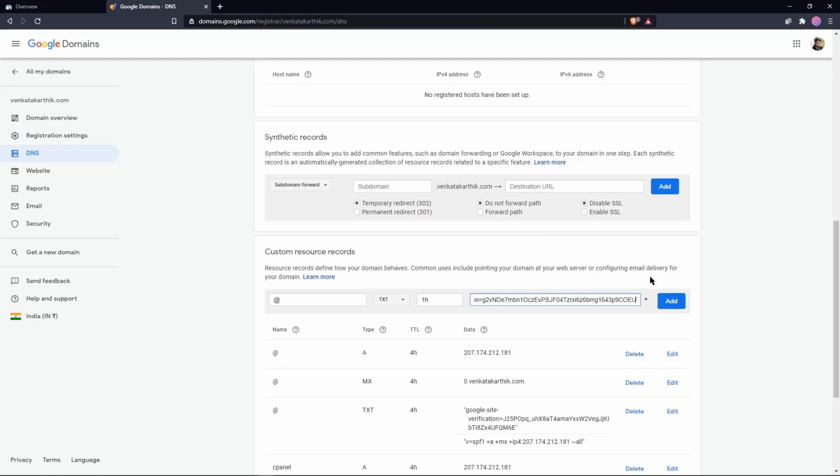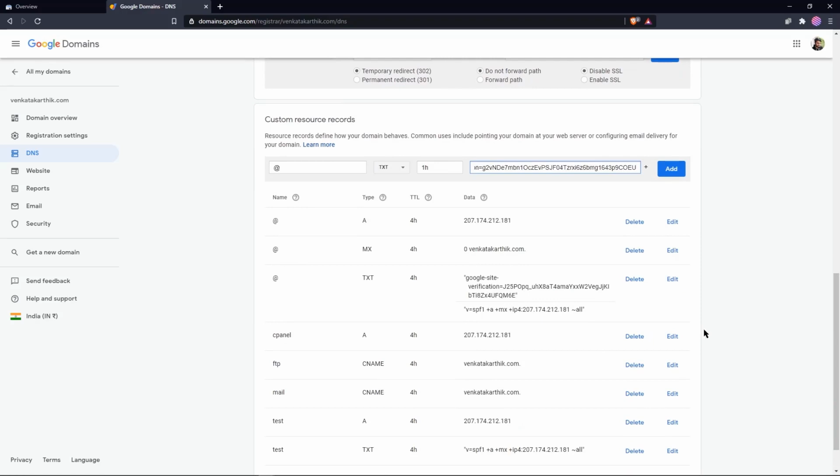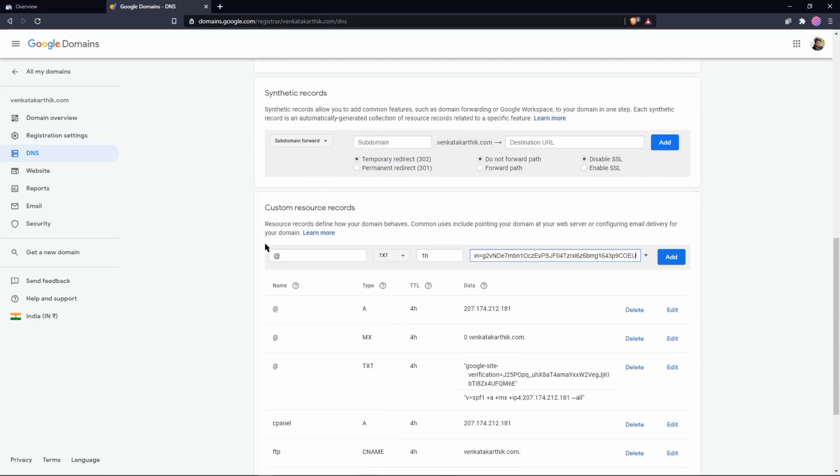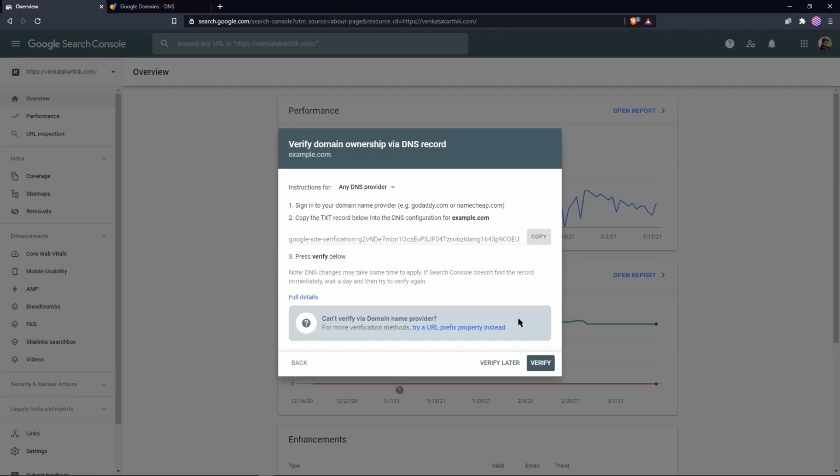Now all you need to do is save this record, and to save this record click on add, and I'm not going to do it as I already have another record and this may conflict. So this is how you add a website. Now once you are done, it may take up to 5 to 24 hours to update for a new site, so please be patient, and in the next video I'll show you how you can verify your site using URL prefix. And now, how to check whether your website is verified or not.